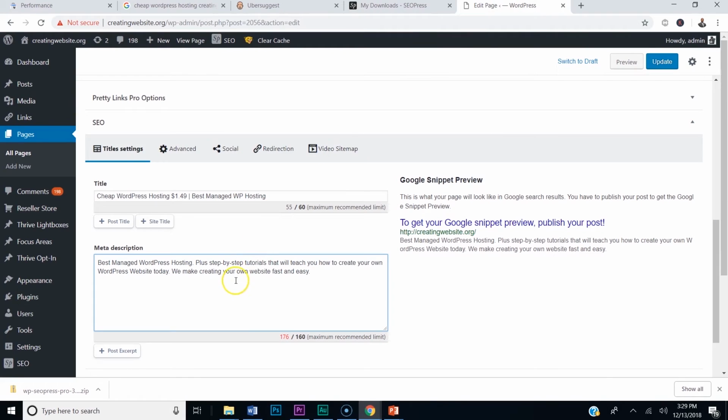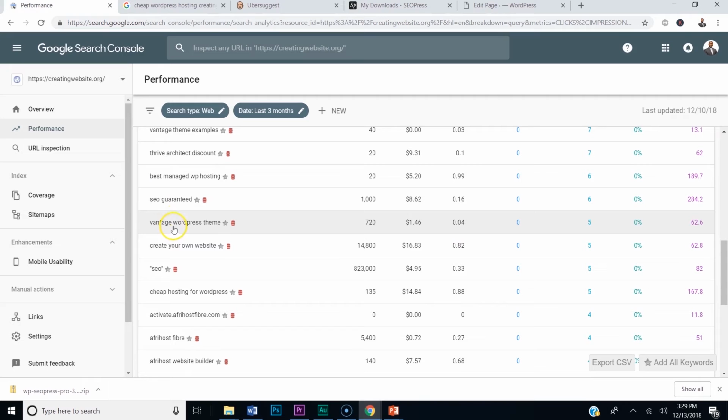Cheap hosting for WordPress. So then you want to play around with your meta description and see how you could fit in cheap hosting for WordPress. So why don't we put that? Since we already have best managed WordPress hosting here, let's put cheap hosting for WordPress. Okay, so now we're optimizing our meta description with the keywords that are driving traffic. Okay, so what else we got? Best managed WordPress hosting,